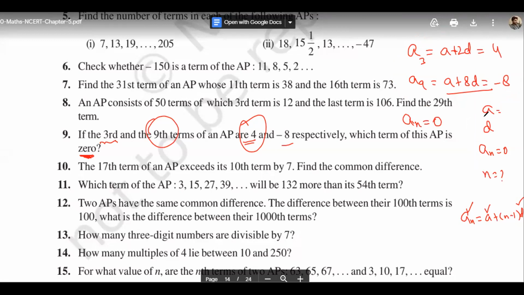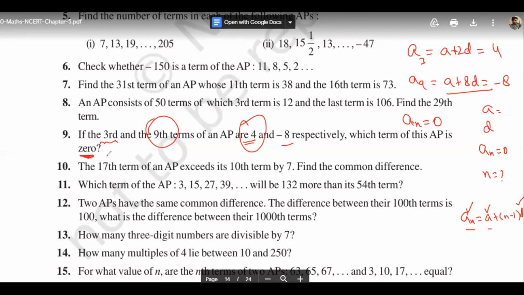जब आप a और d की वैल्यू कैलकुलेट कर लेंगे, आपको पता है कि इसकी an टर्म इज 0। अब हम लोग को वो टर्म बतानी है जो इसके 0 हो, तो आप फॉर्मूला पुट कर दीजिए a प्लस n माइनस 1 इंटू डी। a आप निकाल चुके होंगे, d भी आप निकाल चुके होंगे, an आपको पता है कि 0 है तो 0 रख दीजिएगा, और n की वैल्यू आपको निकालनी होगी, निकाल लेंगे या मैं करके दिखाऊं ये क्वेश्चन? कर लूंगा सर। Okay.